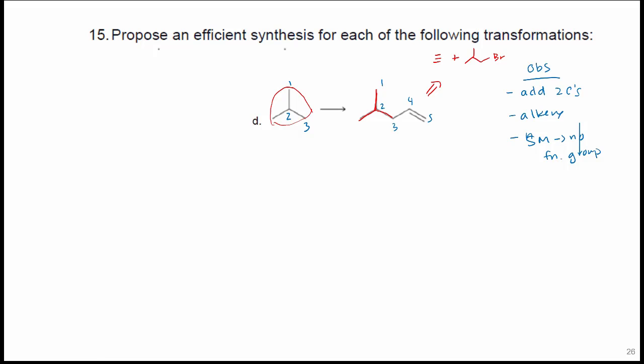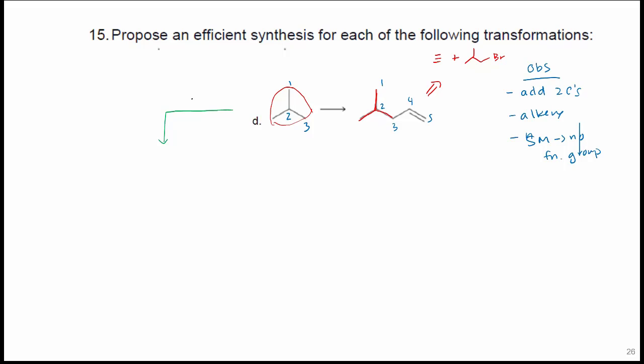Okay, so to do our forward synthesis, we said that there are no functional groups, so I need to put one in place. Ideally, I want to put it on the carbon that's labeled 3, but we don't have any reactions right now that will put it on that end unless you added chlorine, which could do that, but then you'd have a whole bunch of mess that you'd have to isolate.